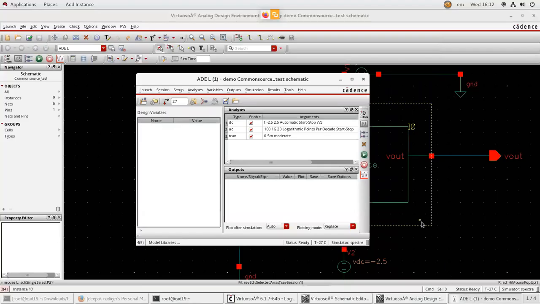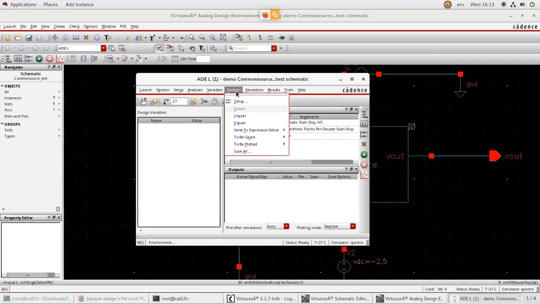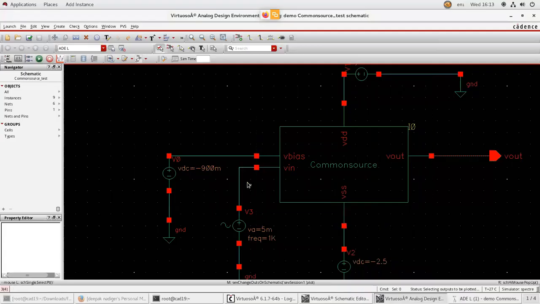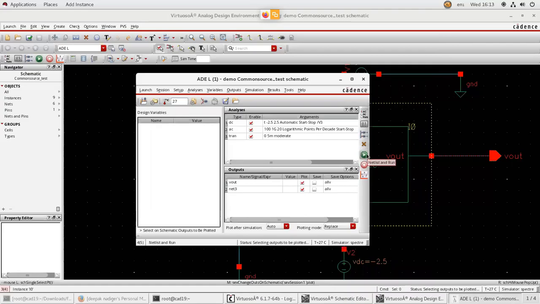After pressing OK, you will get this. Again, you go to your ADE L window. To run this waveform, go to outputs, to be plotted, select on design, select output wire and input wire, and go to run button.